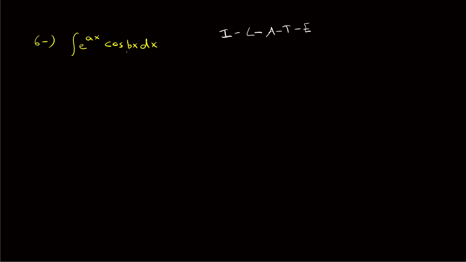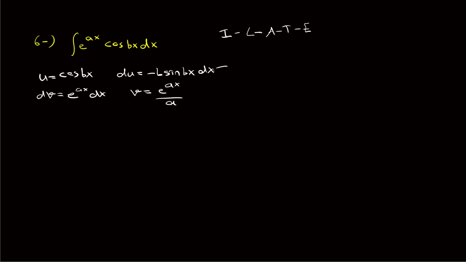ILATE. Of course, trigonometric is before the exponential, so u is going to be cosine of bx. Du is going to be negative b sine of bx dx. Now, dv is going to be e to the ax dx, integrating both sides. V is going to be e to the ax over a. Follow the arrows. E to the ax